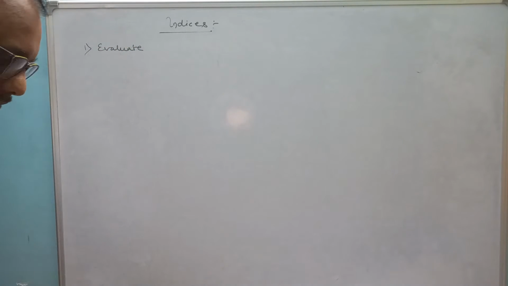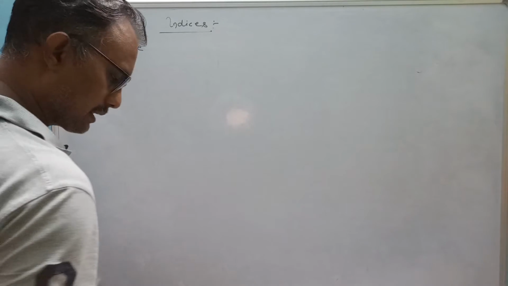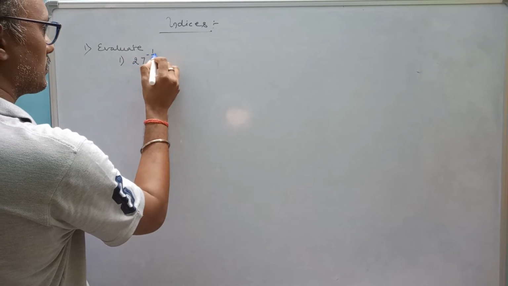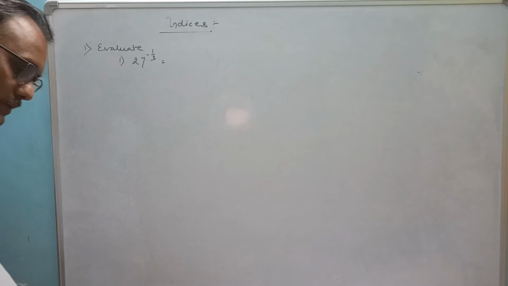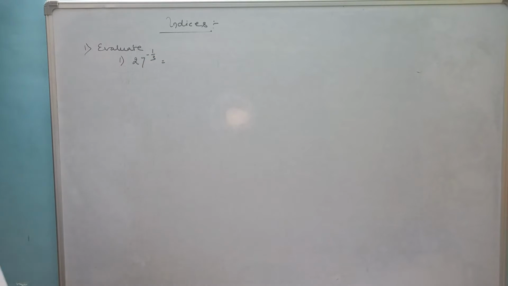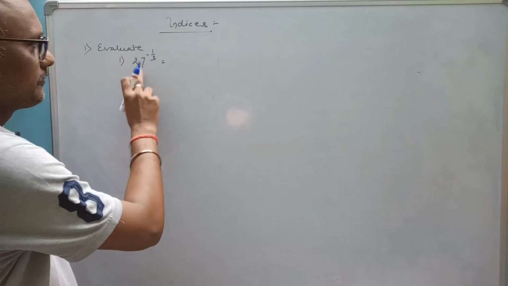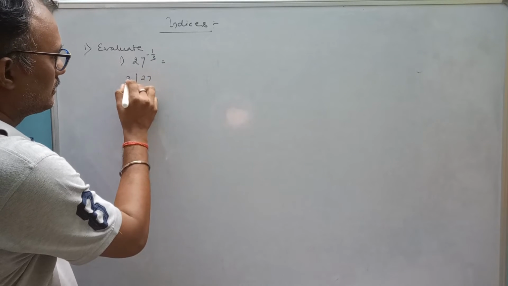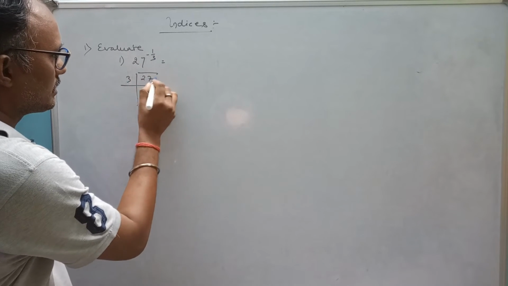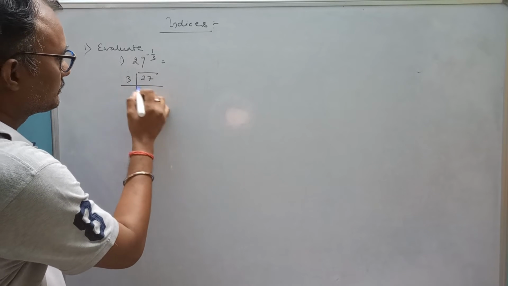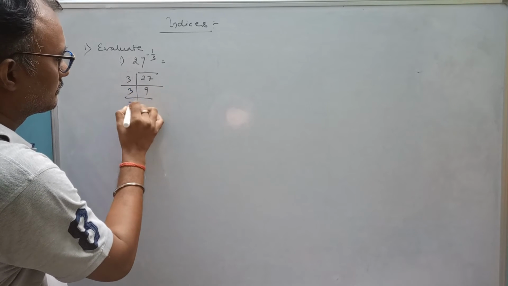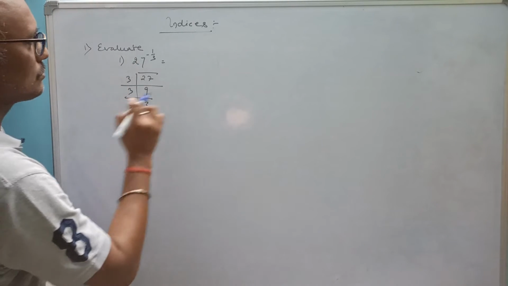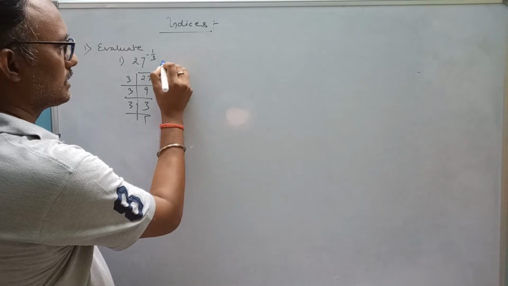Evaluate. क्या evaluate करना है? 27 raised to 1. ठीक है, कुछ नहीं है. ये 3 है ना. Find out factor of 27. 27 का फैक्टर क्या होगा? 3 का. तो 3 से स्टार्ट करेंगे. ठीक है. This means 3 raised to 3. It can be written as